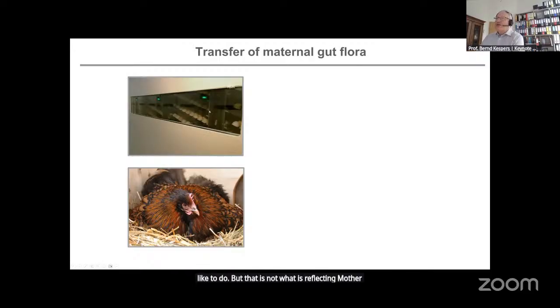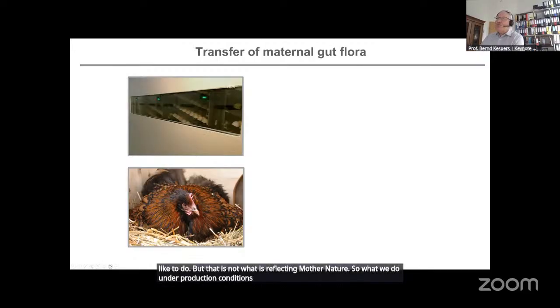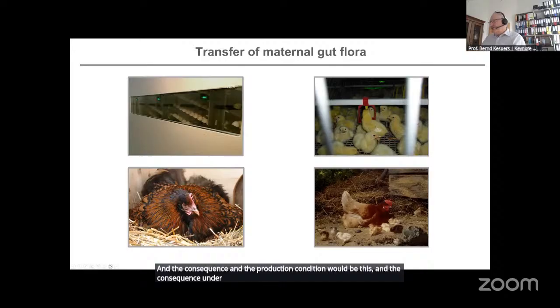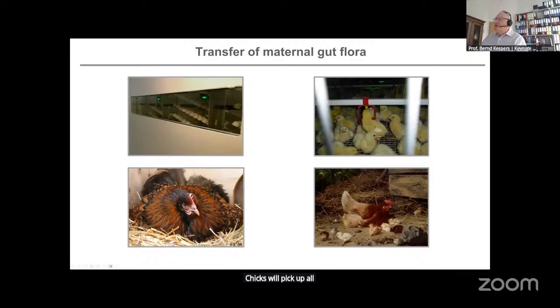So what we do under production conditions is this, and what the hen does is this. And the consequence under production condition would be this, and the consequence under natural conditions and the way it has been evolved during evolution is this,